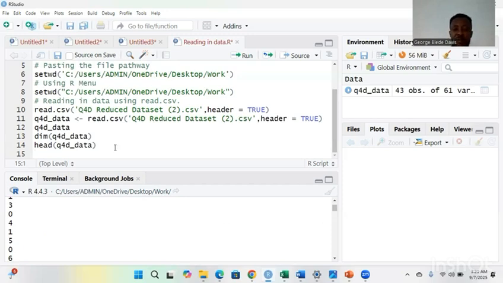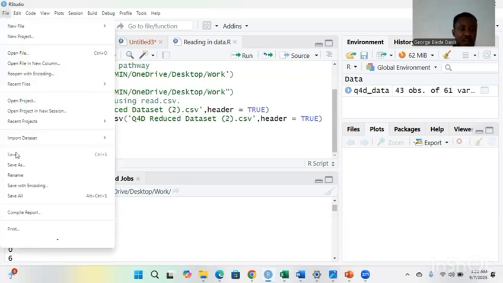We start working with our data. The next step now, maybe you want to save the script to come back and work on it later. To save this, the same way we save in Word, you save the same way. You can use Control S and the dialog box will open and you save it if you're using a Windows computer, or if you're using Mac, you can use Command S. Another option is you come to File and you see Save As. The dialog box opens.